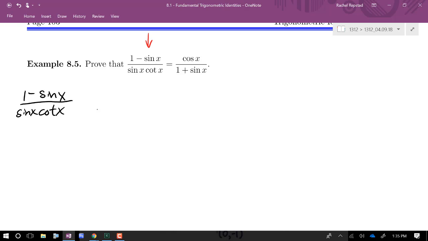There's no factoring we can do here. We'll just note that, right? There's no canceling we can do because I have that subtraction up top. So if you look at the expression on top, 1 minus sine x, we're no stranger to seeing expressions like this, and we're used to, if we're working with an expression that looks like,